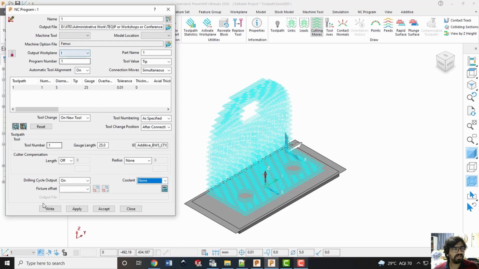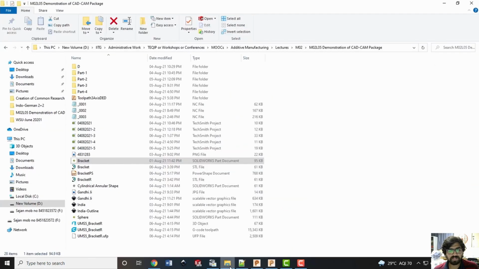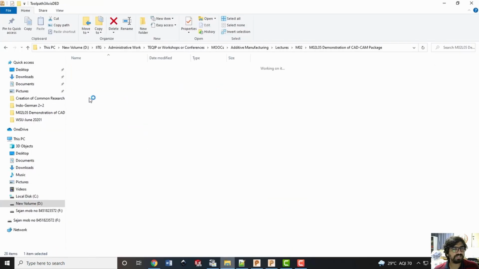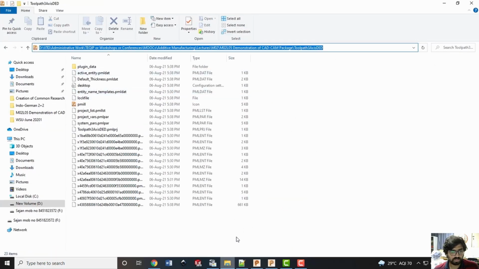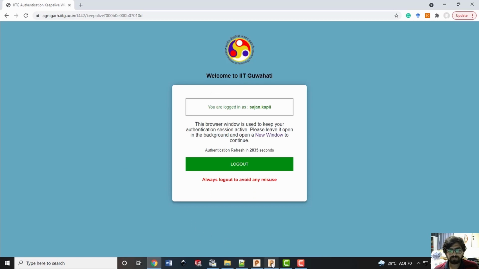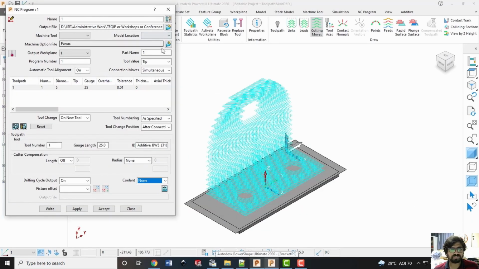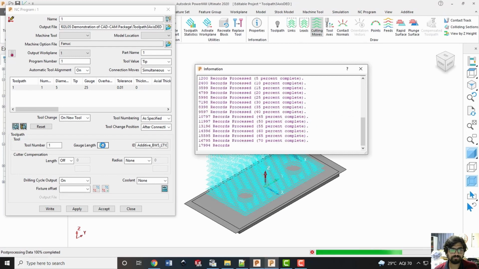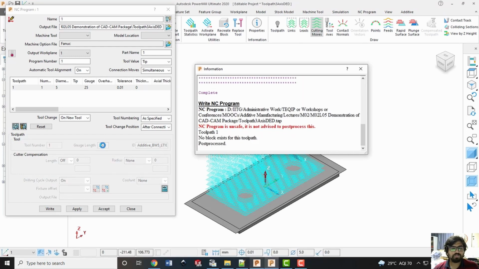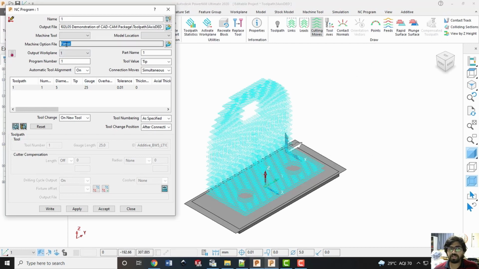Work plane 1 is fine, and I'm going to save this file into the toolpath folder which I created here. So I'll just copy this directory and paste it here. Now let us see if it can write this toolpath. So the toolpath has been written, and please note that now it is written for the Fanuc controller, right?